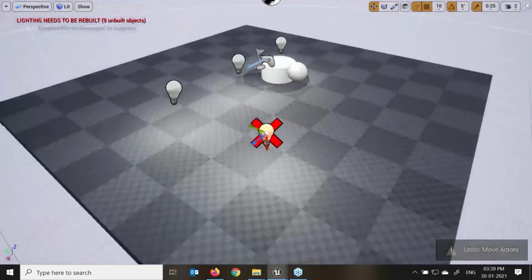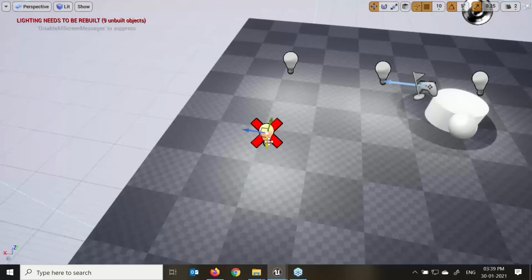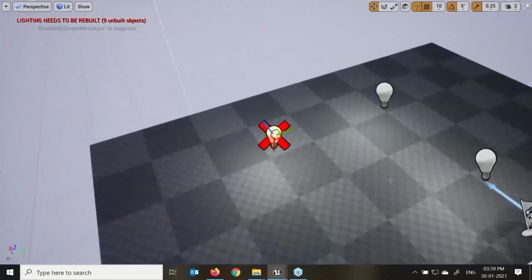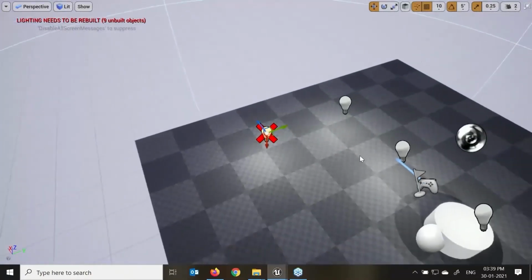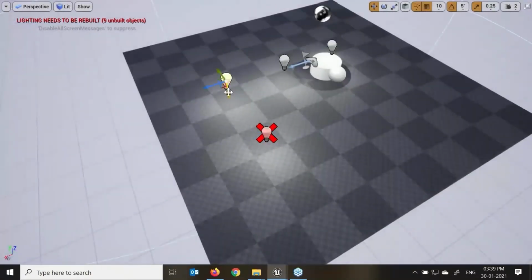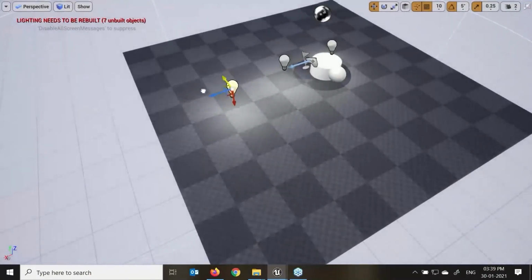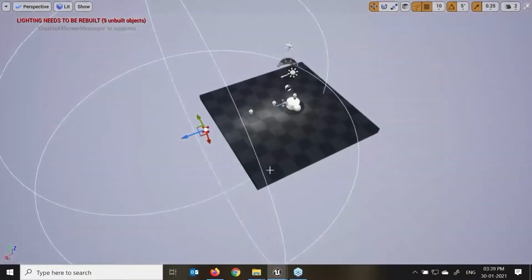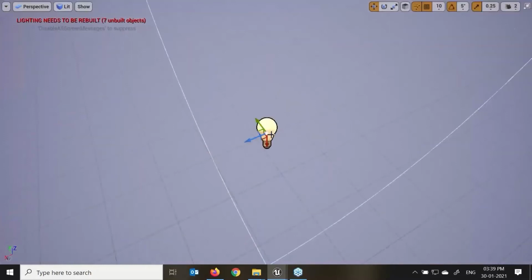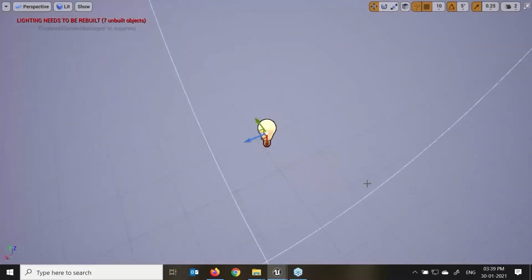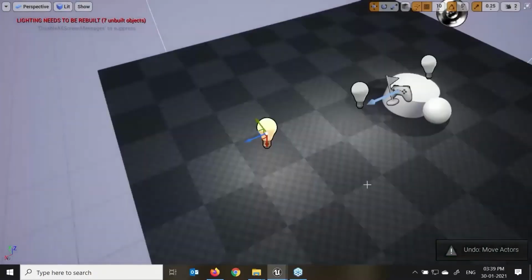When you see this X mark on any object, it means we need to move that light, or that light will not affect that particular area, because we have already crossed the maximum limit. If I delete that light, automatically this one light is visible. Again Alt and left click over here, this X mark will come. Just move the light, F. Now see, the X mark is gone, right? Control Z, F over here.